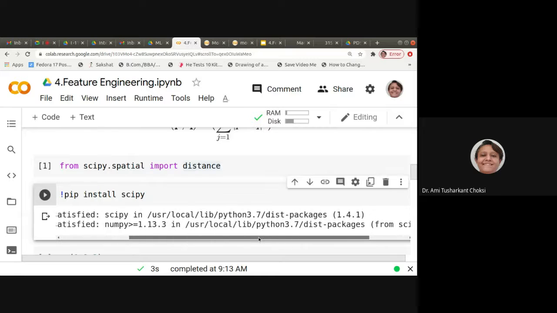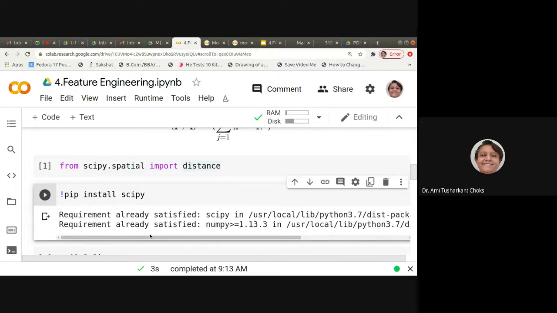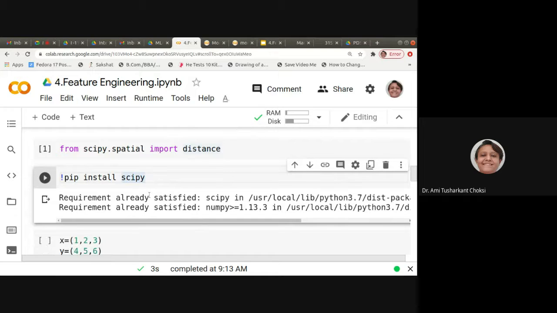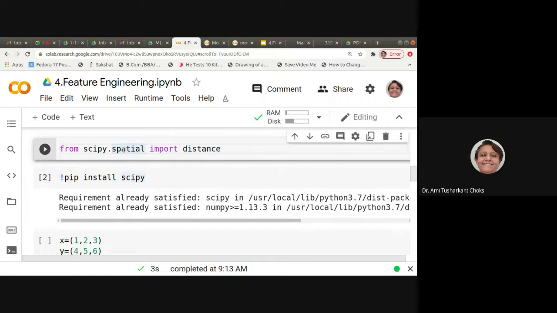We are working with Google Colaboratory, so there we can do pip install scipy. This exclamation mark is required. It is already installed, so it says like this. Actually, we should use this only after installation, but we do not know whether it is installed or not, so we try this to get an idea. If it gives an error, it is not installed. If it is installed, then it will not give any error.